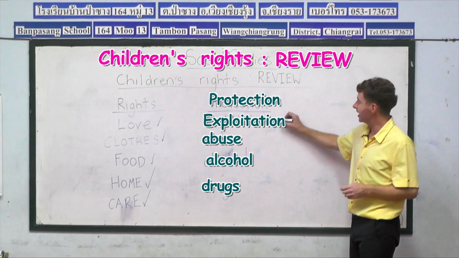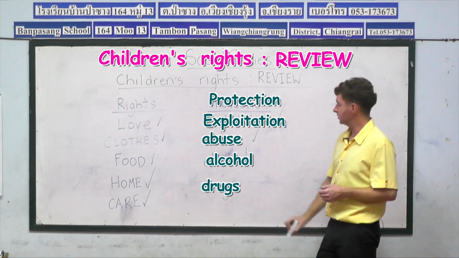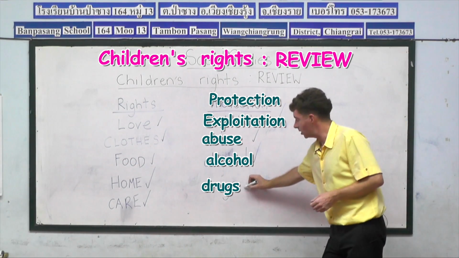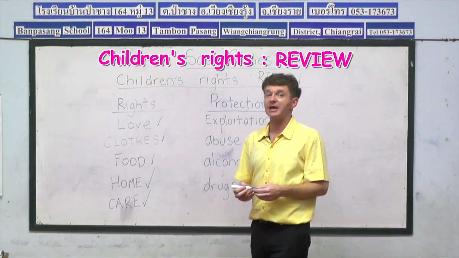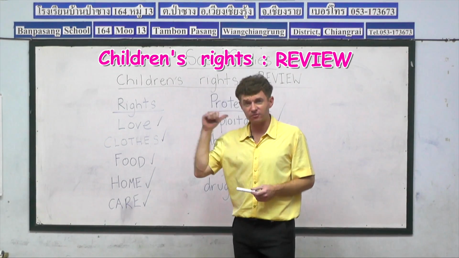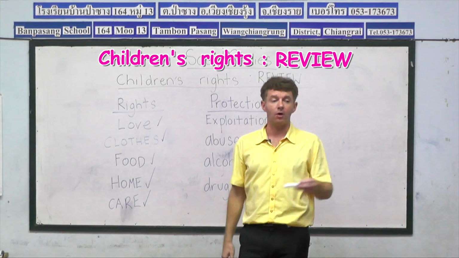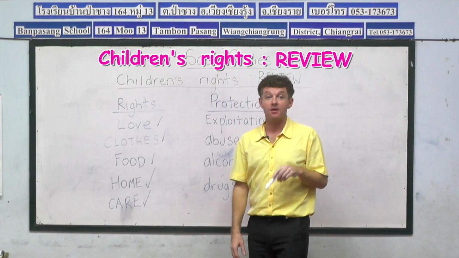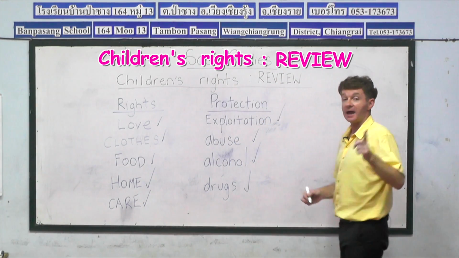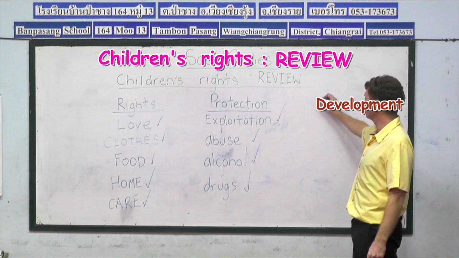Ready, guys? Exploitation. Abuse. Alcohol. And drugs. Yes. If anybody ever offers any of these things to you, asks you to work, hits you, or wants to give you alcohol or drugs, you tell the teacher or you tell your family, because it's bad. And now, the third and final thing we learnt about for children,